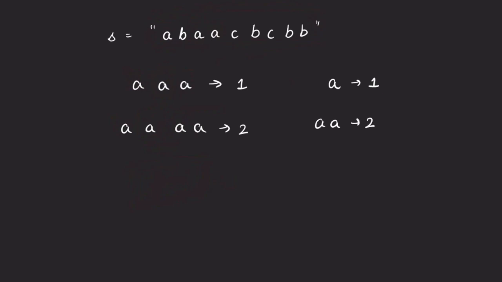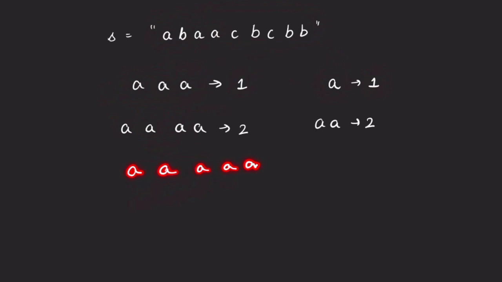So the key observation over here is that when the frequency of a particular character is odd, here it is 3, here it is 1. So whenever the frequency of a particular character is odd, then its contribution towards the minimum length of our string will be 1, right? If we see one more example, let us suppose that A is present 5